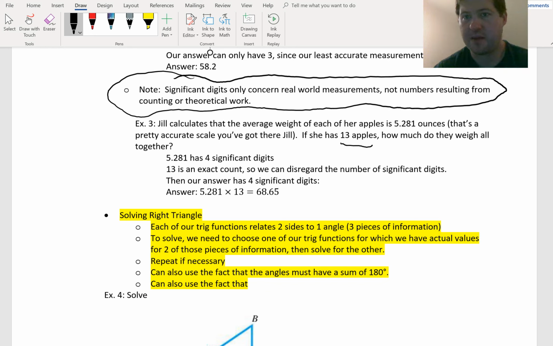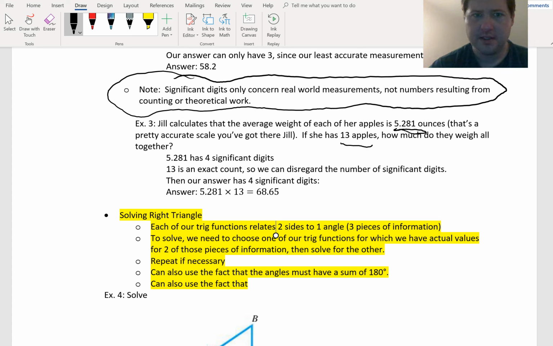It's just not going to happen. They're going to kick you out of the store if you start cutting up apples. So you're going to have a whole number of apples here. There are no significant digits for this. So 13 apples, we don't even care. Significant digits do not come into play at all. The only thing that matters is the significant digits of this, because this is something that's measured by the scale in the store. And as I do here, that's pretty accurate for a store